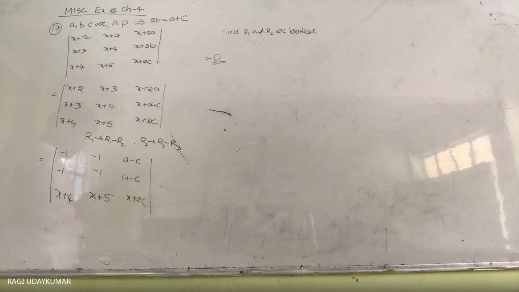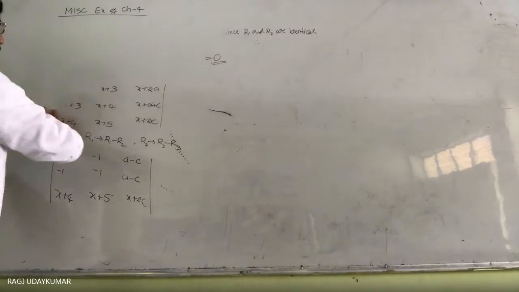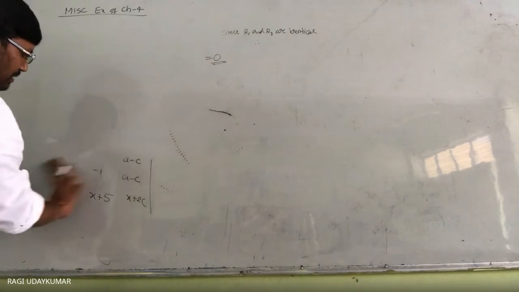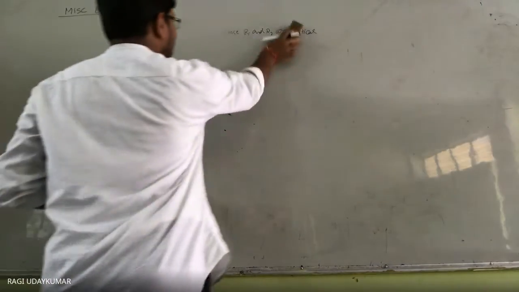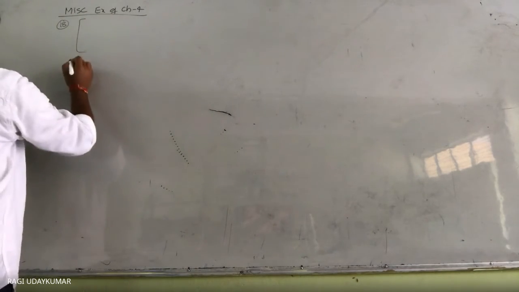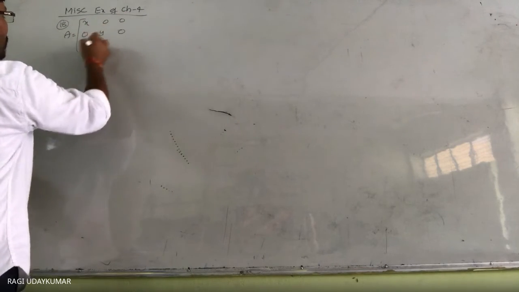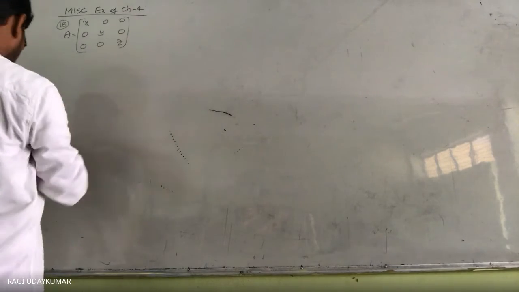So, you see, you can find out. It is looking like a little bit different problem. If X, Y, Z are non-zero, and asking you to find out the inverse of that. And this can be used by you in your competitive exams, in final exams. Competitive exam में थोड़ा सा इसको use कर सकते हैं. You can remember this one. If any matrix is given to you, A, let us consider here x 0 0, 0 y 0, 0 0 z. इसका inverse find out करने के लिए question.